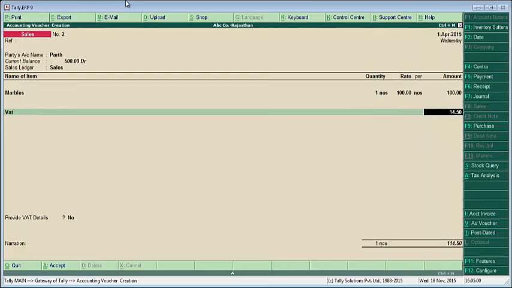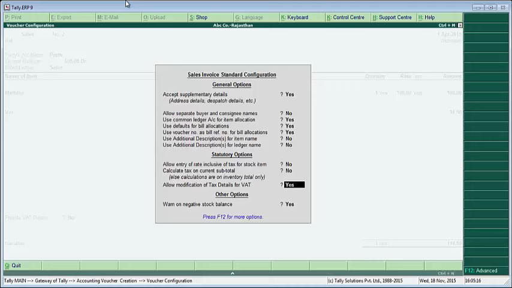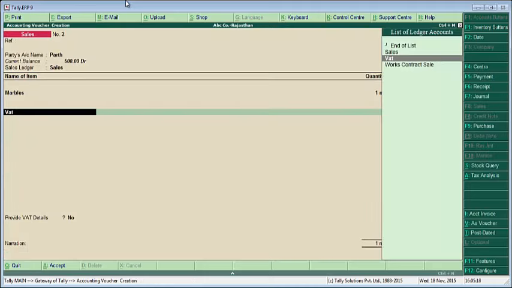in that particular voucher. Whereas if you pass the next transaction, still the VAT rate will remain what has been configured at the item level. So when you have such rare scenarios which are not very common, then you can override the rate by clicking F12, allow modification of tax details for VAT, make it yes,